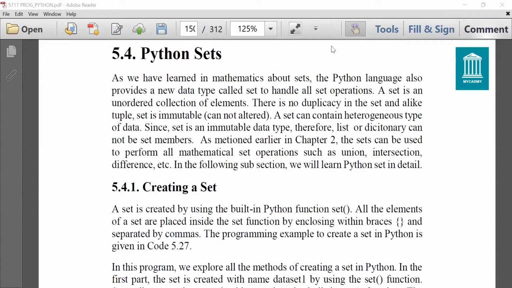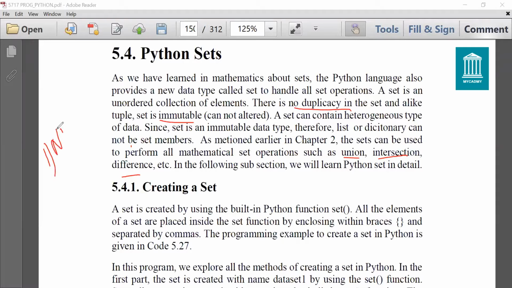So first of all, let's see how to create a set. And apart from that, we can perform all the operations on sets like union, intersection, difference, symmetric difference, and other operations that we perform on sets can be performed over here also. And one thing that you need to remember is sets are unordered lists, and they are immutable also, like tuples. We cannot change values in sets, and they do not contain duplicate values. So there is no duplicacy.